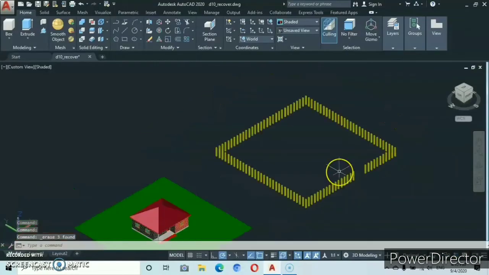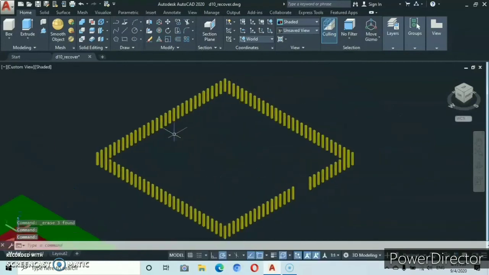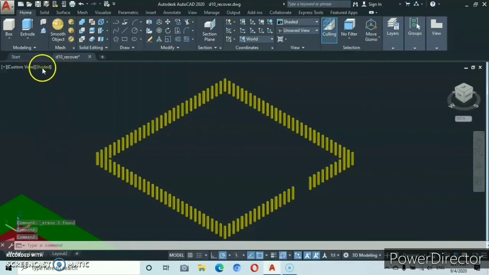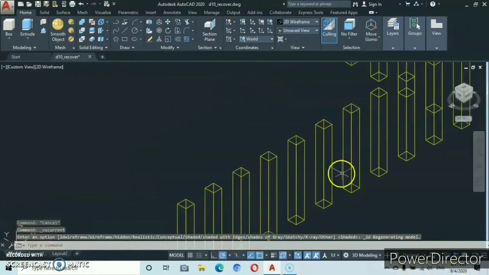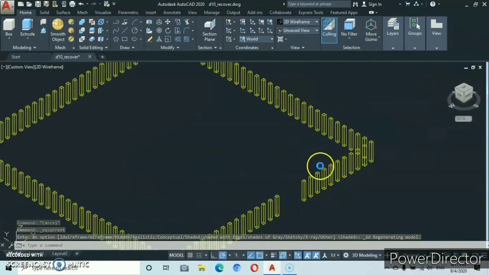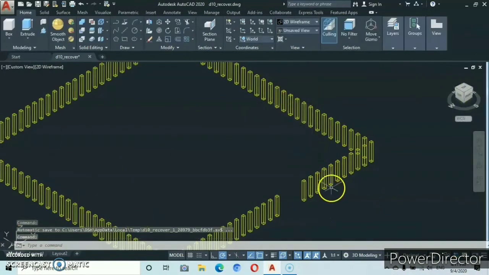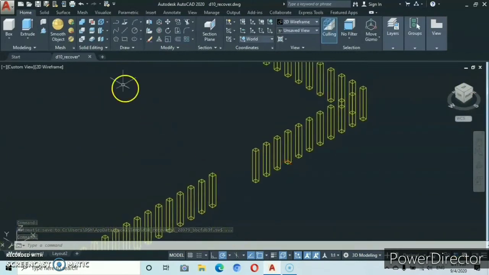Eraser. Okay, now let's go to visual style and put it to the wireframe. Okay, that is how you're going to see. So we'll have something like this. Sorry for that pop-up. And then from here I would like us to go back to